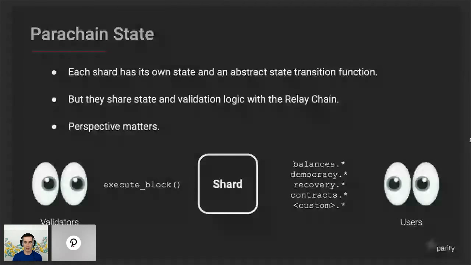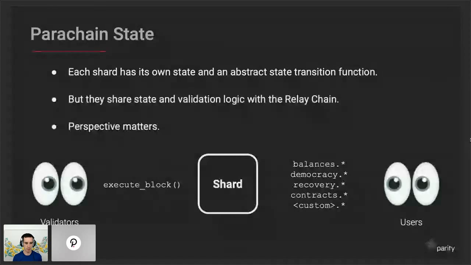Maybe you have a smart contracts module, or you wrote your own custom modules, and you can compose these however you want. And so we have all these different shards that have these different runtimes exposed. But from the inside out, if you're looking at all of these shards from the relay chain, they're all actually heterogeneous, because it's just one of the